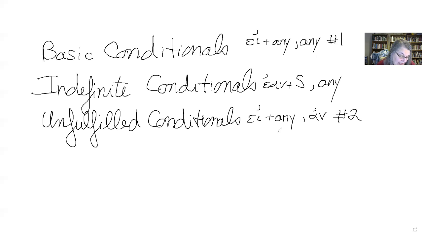In the third sentence, we have ean plus exelthe, which is a subjunctive active, aorist active. And so that's going to put it firmly here in the indefinite conditionals. So number 3 is an indefinite conditional. So we're going to translate that if the king left, the slaves, and here we have the future passive, so the slaves will be freed. So it's probably going to be if the king leaves, the slaves will be freed, because in English we're going to use a present tense for that if clause, even though it's an aorist